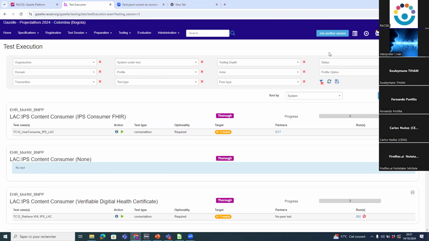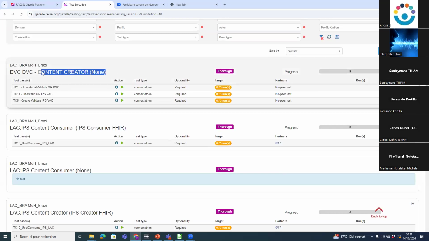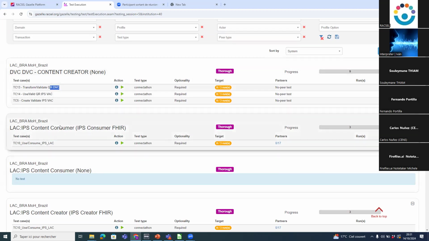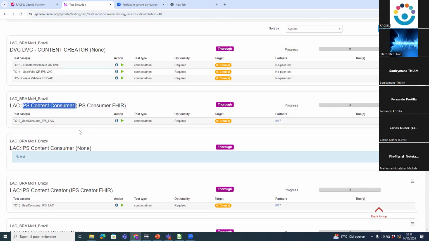Because if I go to the Brazil test plan, for example, they create the IPS VAC, IPS LAC, and so on. But sometimes in this part, IPS consumer, they will see a reference of a test instance created by other countries. So they don't understand why this reference comes to our test plan.